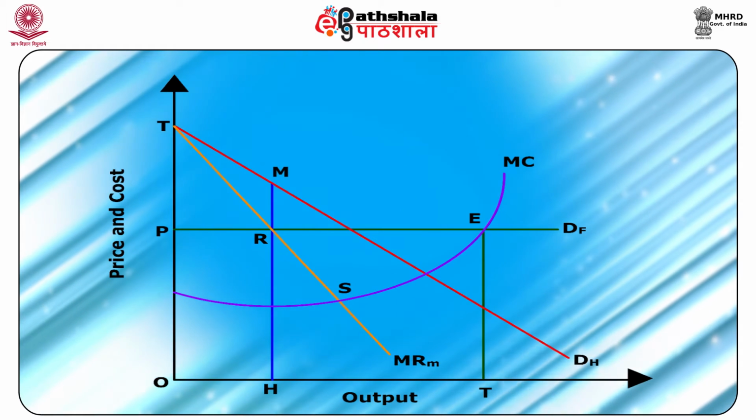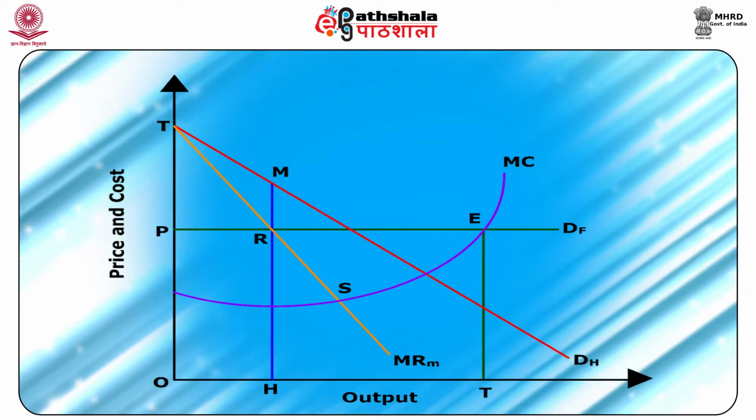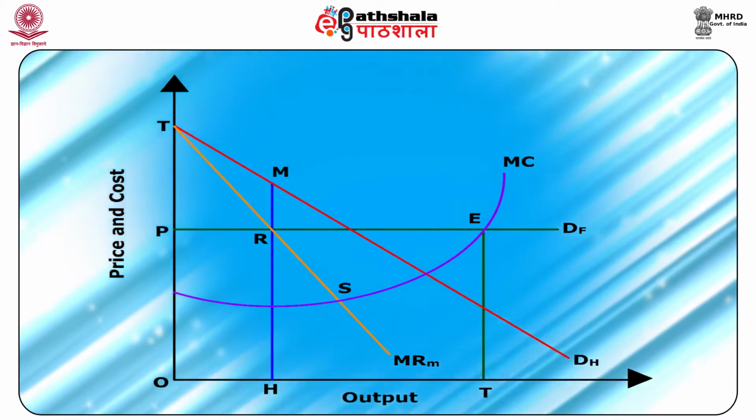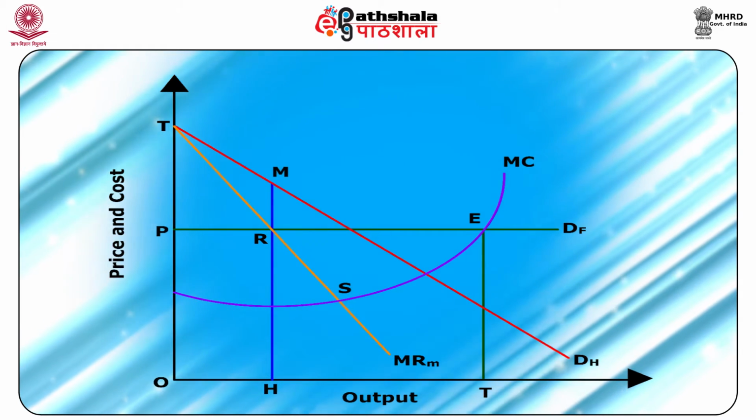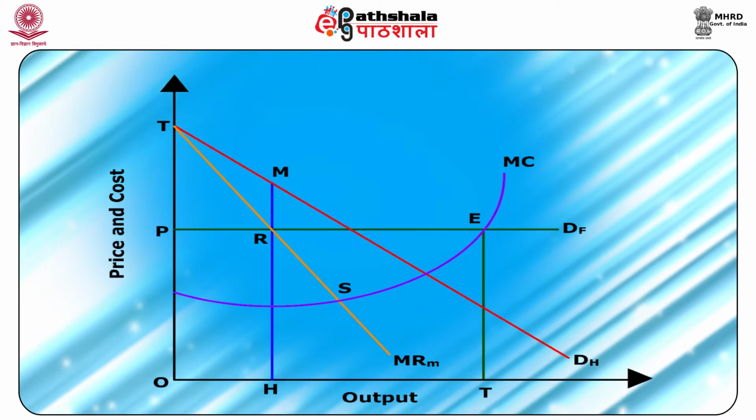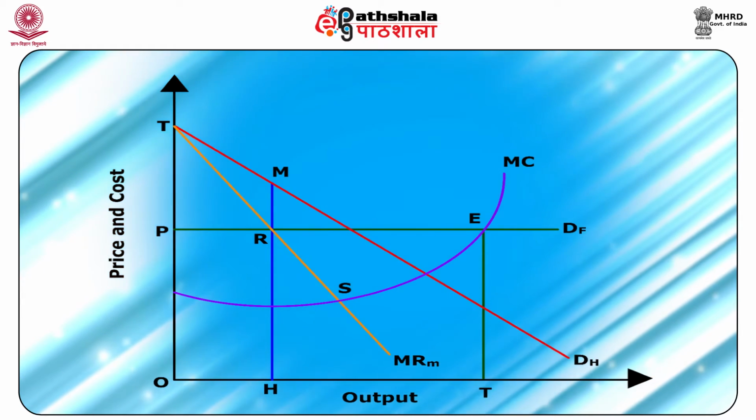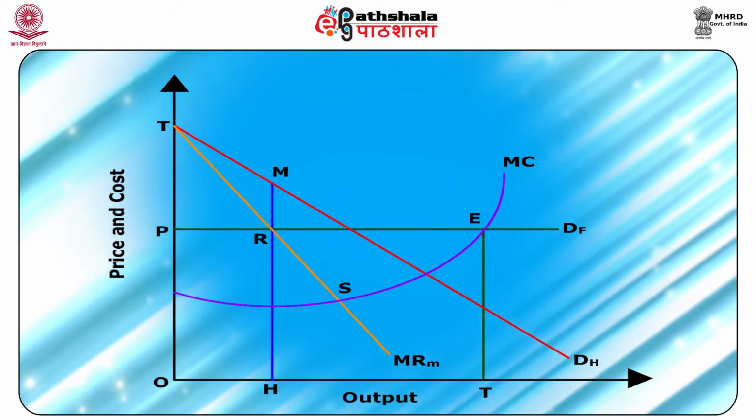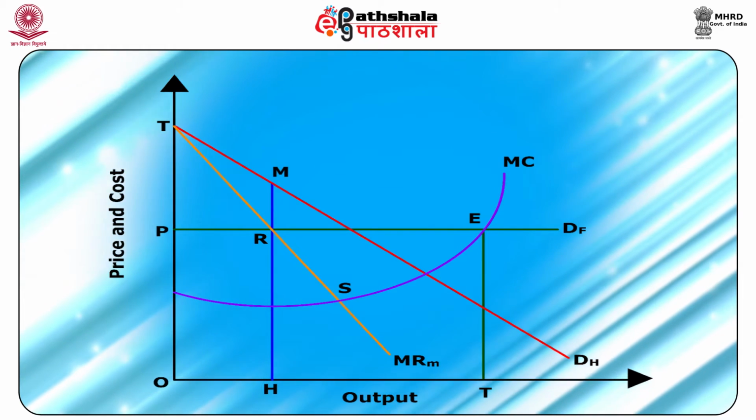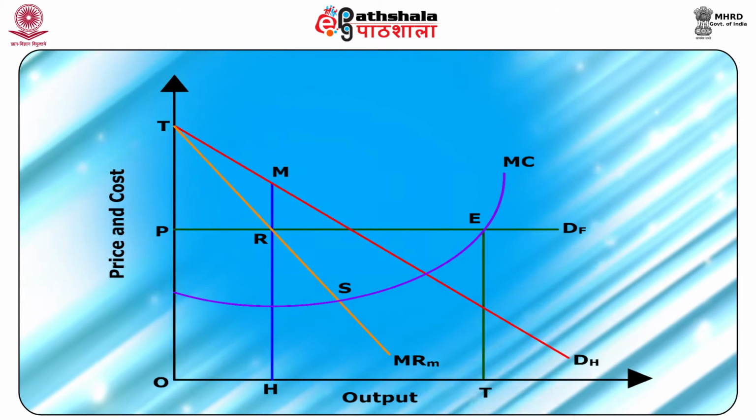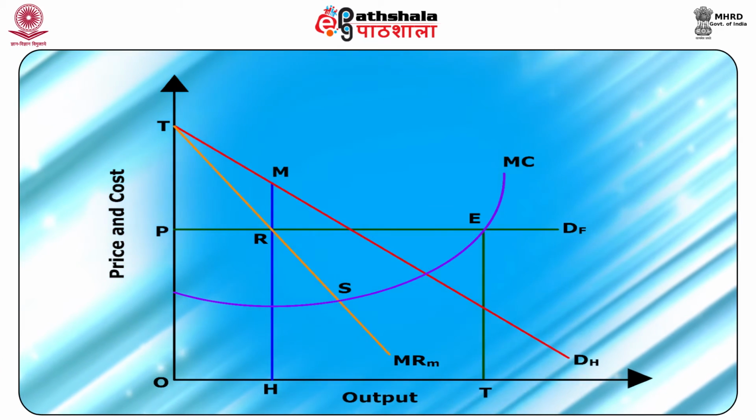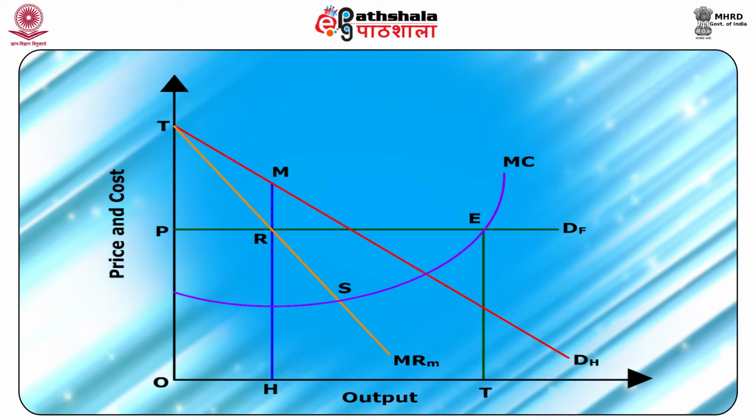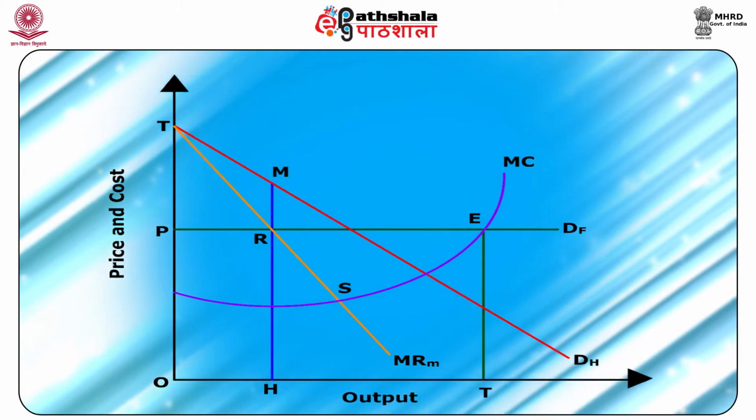In the figure illustrated below, the price output determination is given for the case of dumping. You could notice over here that on the vertical axis we are giving price and cost. On the horizontal axis we have output. There are two red lines which are downward sloping. The outer line is domestic demand DH and the inner downward sloping red line is the marginal revenue in the